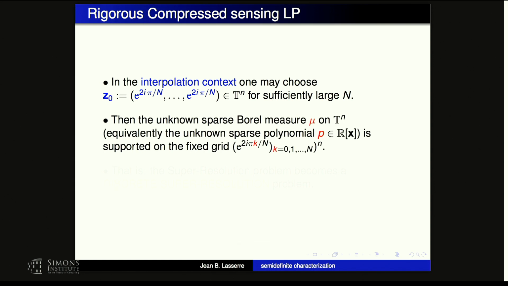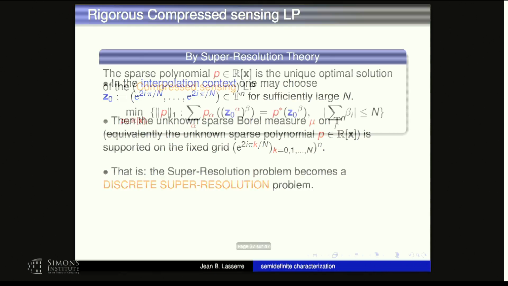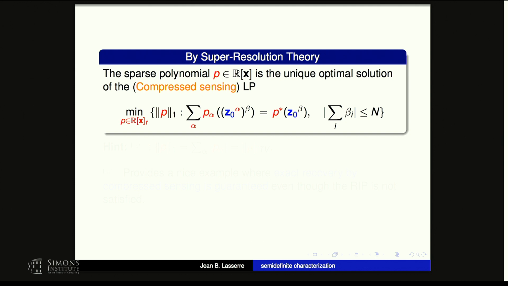In this case, you have an exact analog of this super resolution problem as an LP with the total variation norm, which is the compressed sensing approach. So if you fix z0, like I said, then your super resolution problem becomes an LP. I mean, you can solve it as an LP by minimizing the L1 norm. And since it is completely equivalent to super resolution, you have the guarantee by Candès' theorem that your polynomial P will be the unique solution. The polynomial P that you look for is the unique solution of this LP